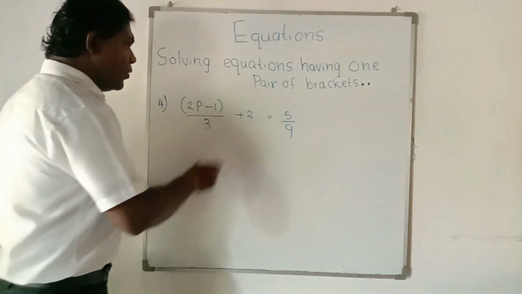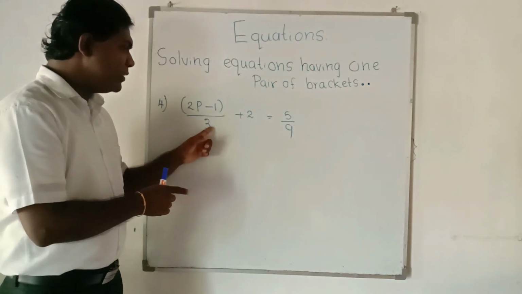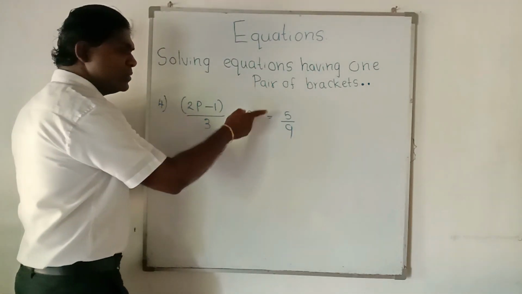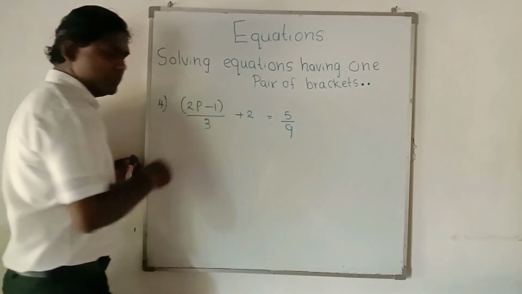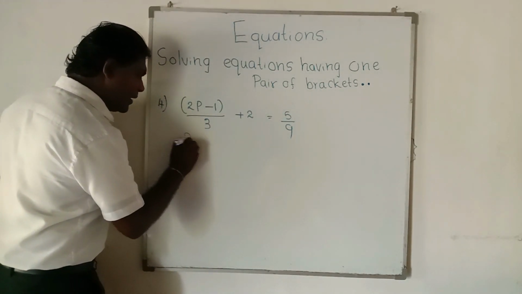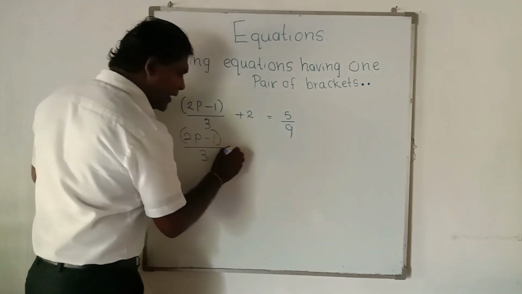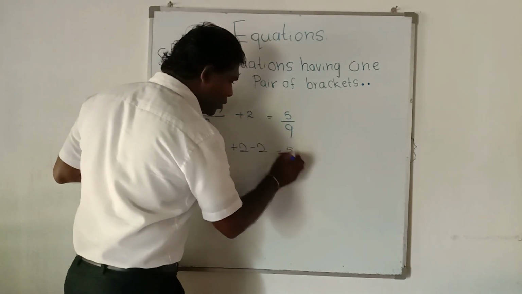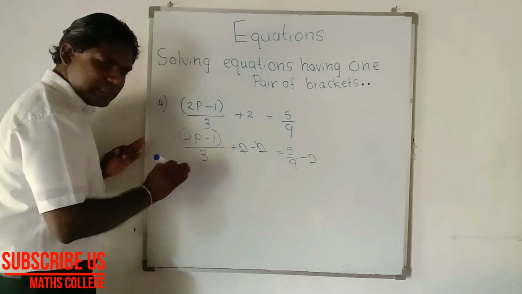Okay, what do we have to remove from this side firstly? This 2, 1, 3 or plus 2? It should be plus 2. This plus 2 is nearest to the unknown term, so we remove it from this side. 2p subtraction 1 divided by 3, addition 2. Addition 2 means we should subtract 2 from both sides. This plus 2 and minus 2 cancel.